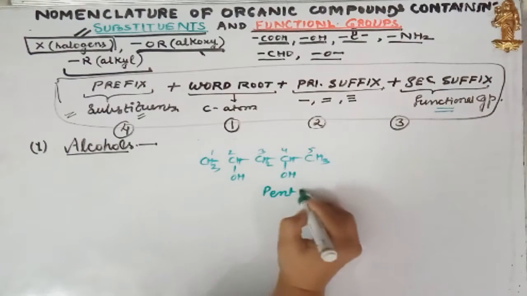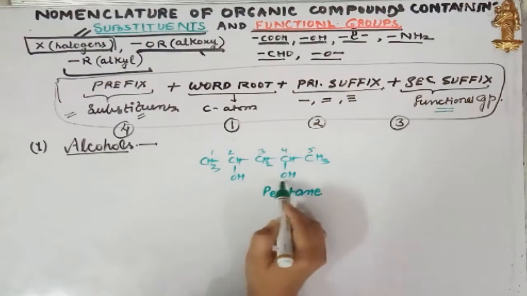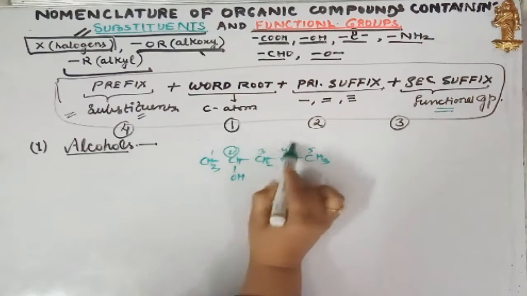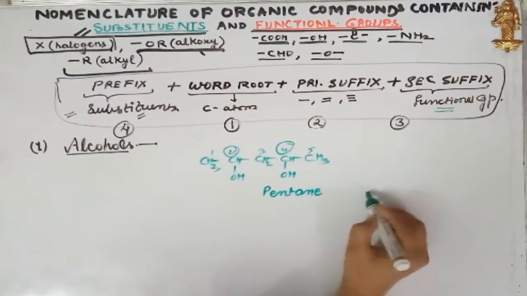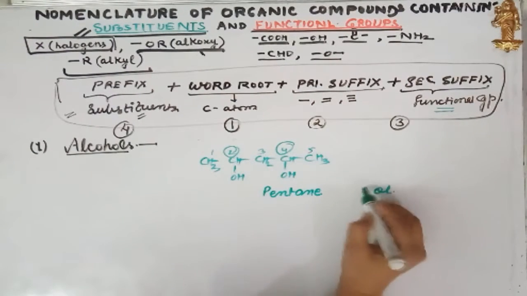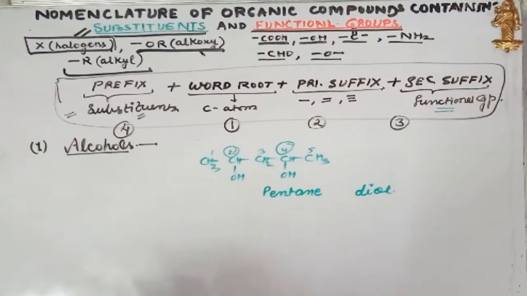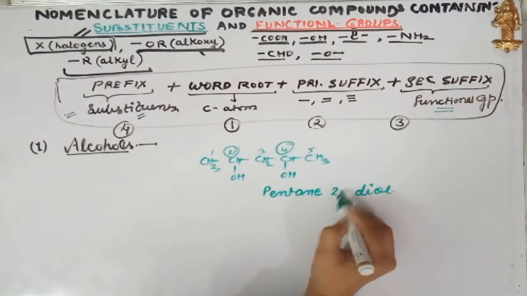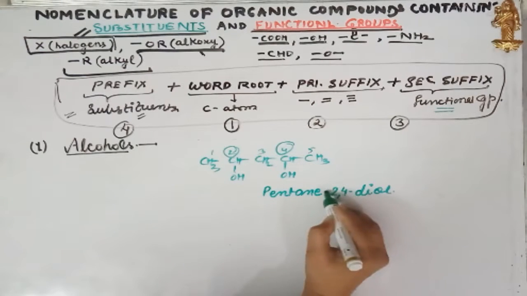No double bond or triple bond means ane. And the alcohols which are present on the second and the fourth position will be indicated by ol, but just because there are two ols, I will name them as diol. Where these two ols are present will be indicated by their locations, that is 2 and 4, separated by